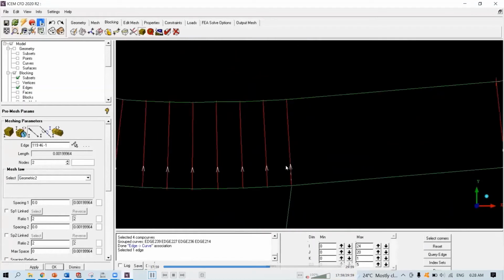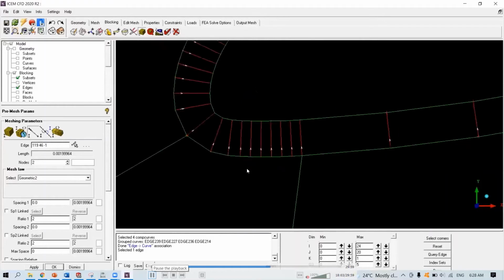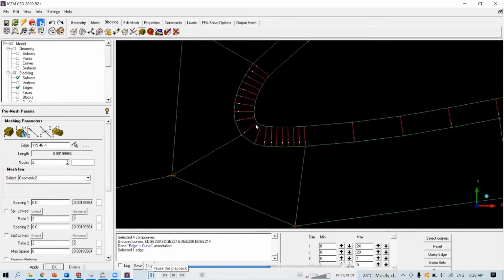You see that the arrow is pointing inwards, right? So this is 1 and this is 2. So our y-plus value should be starting from this point. So this will be named as spacing 2. So our y-plus should be filled here, spacing 2. So it was 6.1 to the minus 6.